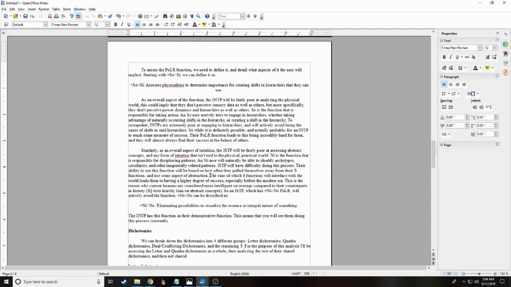And without a given reason, they probably wouldn't lean on abstraction that much at all. Part of that is they'll be weak at all the N functions, but they'll be notably weak at the Ni functions, and positive Ni, because it's just a function that they would never really want to use. They would have no real reason to do so. That being said,